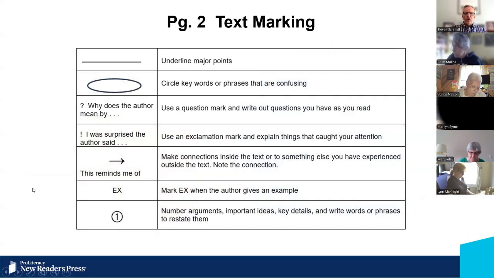And I mentioned text marking earlier. This is a goal that we're going to get our learners to do. You'll see on the screen, let's see, one, two, three, four, five, six, seven different types of text marks. You see underlining, circling, a question mark, an exclamation point, an arrow, an EX, X for example, and then a numbering system. And you don't necessarily have to use all of these, or maybe you already have a system of text marking that you teach to your students that works well for you,